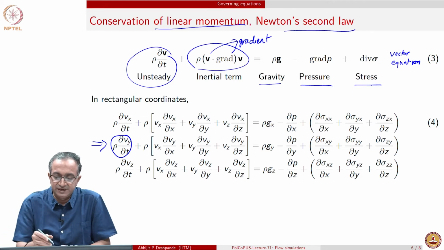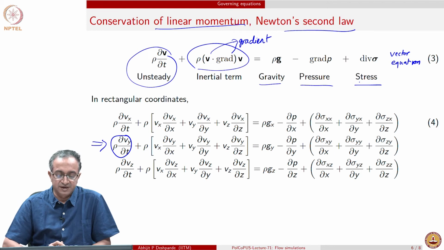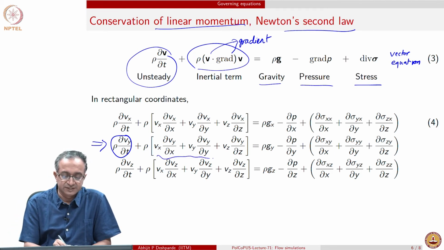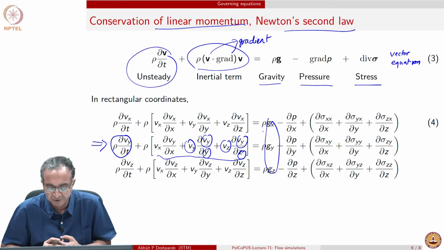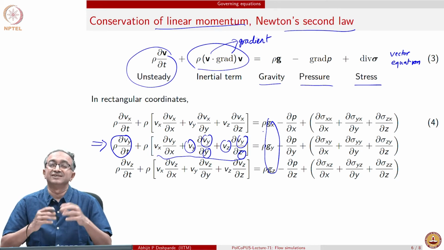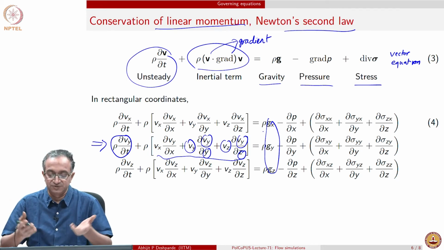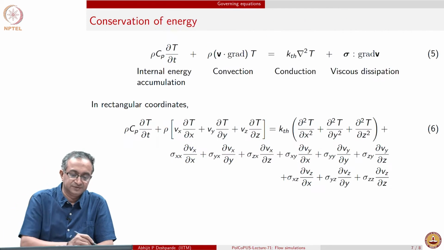And so, the gravity, pressure and stress balance out the unsteady and inertial terms, and this is the inertia term. You can see that if Vy changes with y or Vy changes with z, then these terms will be non-zero, provided Vy and Vz are also non-zero. And depending on the coordinate system that we use, maybe one of these. Quite often in school as well as other times, we say z is where the action of gravity is. So, then del p by del x and del p by del y will go to 0 in that case.